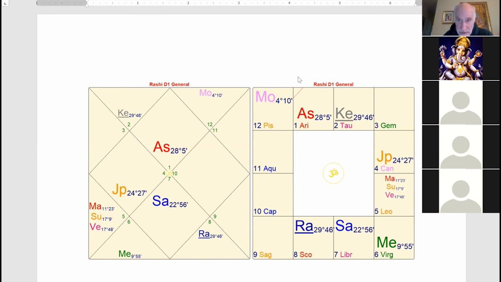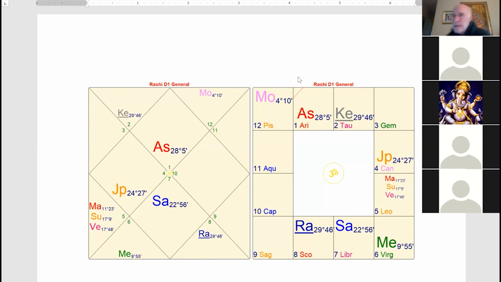This ascending degree is in Pushkar Navamsha, and the principle that I was talking about in the article is that this helps. It's a favorable feature of any chart. It helps certainly, you might say, boost up the quality of that chart. But is any other planet in Pushkar Navamsha? Mercury? Yes. Mercury is in the 3rd Navamsha of an Earth sign, so it places it in Pushkar Navamsha. And you're going to see in a moment why I selected this example in particular. But you'll see that this chart has many, many favorable features, right?